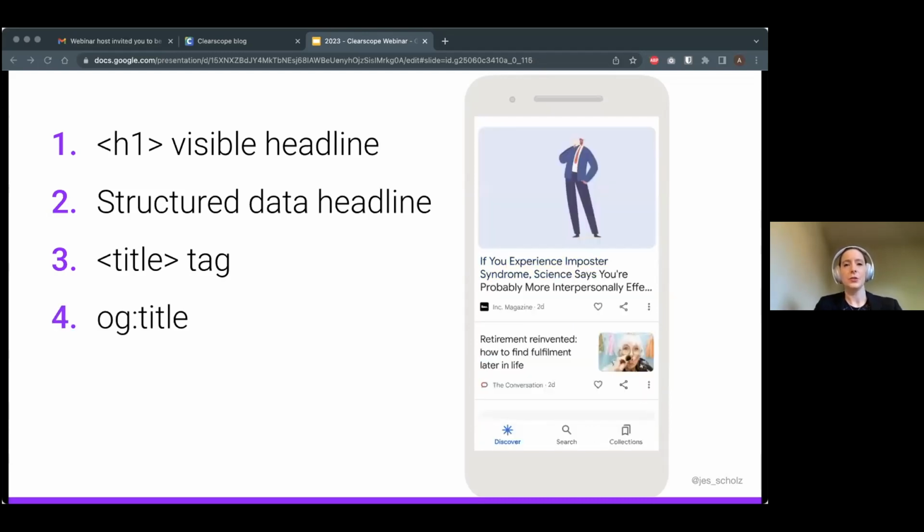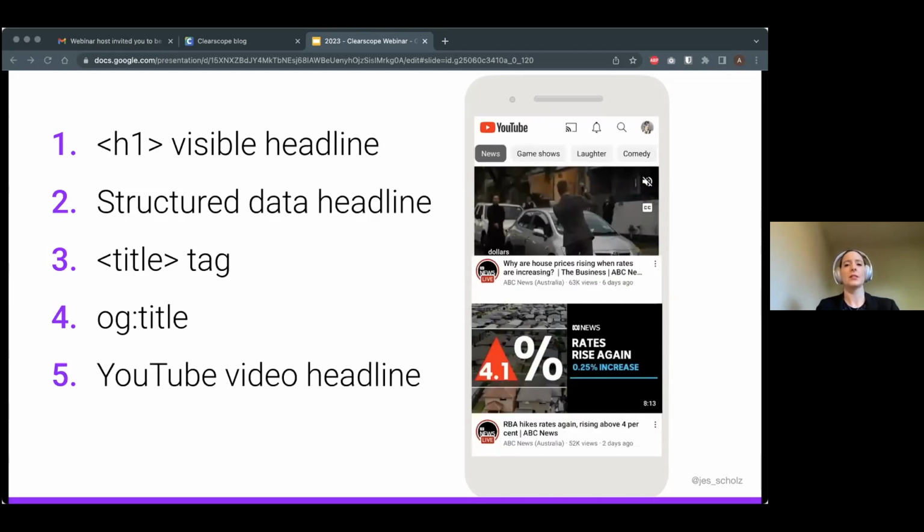Discover is Google News' answer to social media feeds. So it's not surprising that on occasion, it will show an article's open graph tag, which are designed for social, over other headlines. And in any case, writing a custom title to drive engagement on social platforms is always worth the time investment. And while we're on the subject of social, don't forget that YouTube video headlines, where you should